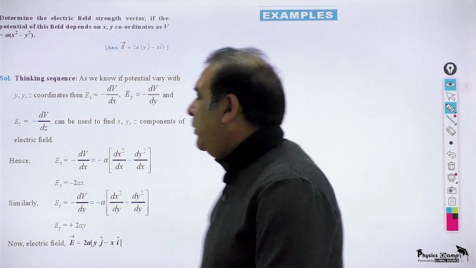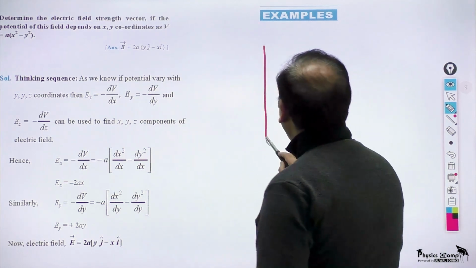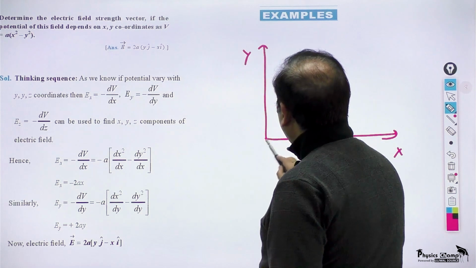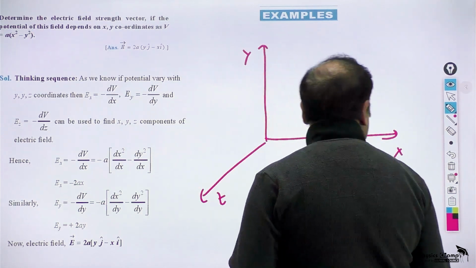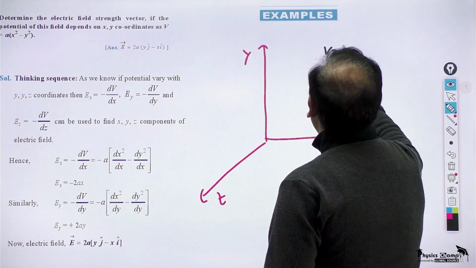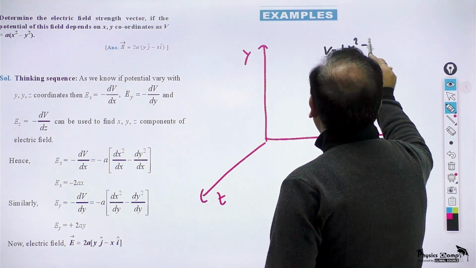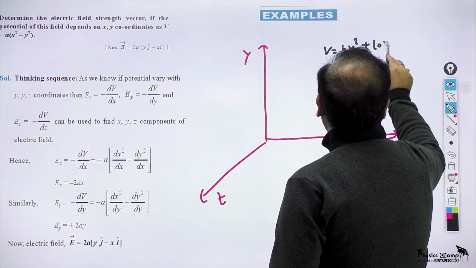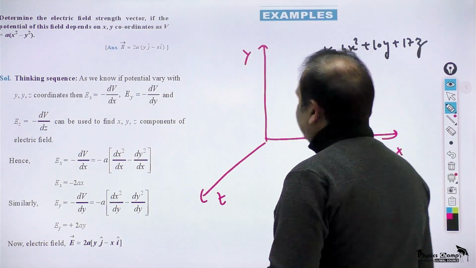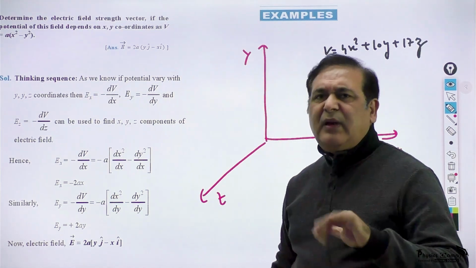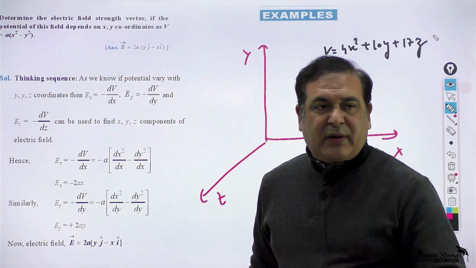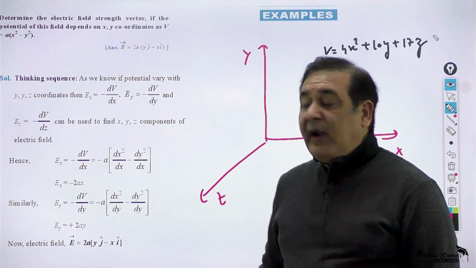It is about a situation where maybe in the space, x, y and z plane, you have a potential which is given as a value, say 4x square plus 10x plus 10y plus say 17z, or like that. So somewhere if the potential is varying with its x, y and z coordinate, and you are interested in